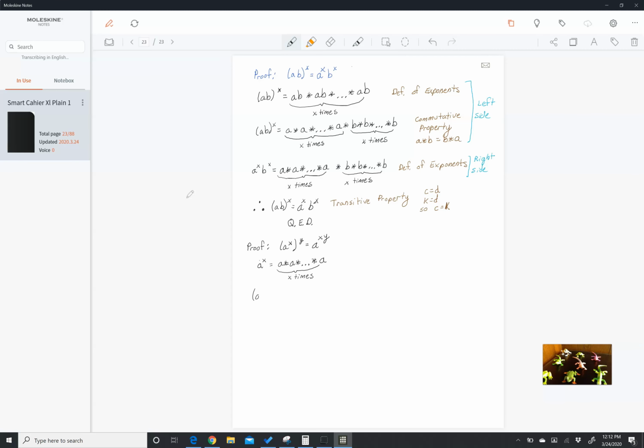And then if we take a to the x to the y, so we could break this up into two steps. We could say that this is a to the x times a to the x. We're going to put our dot dot dot here because we don't know what y is. Times a to the x. And this is happening y times. So then we can break this up even more. So this is equal to every a to the x